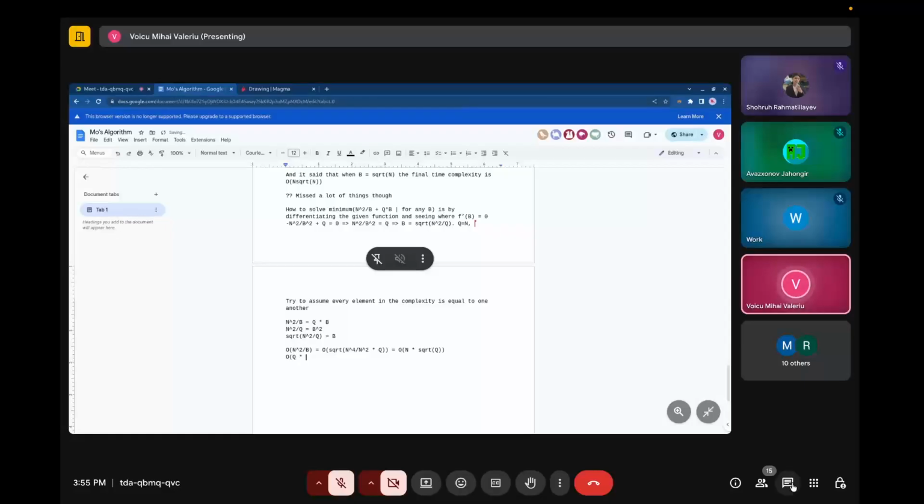And O of q times b is equal to O of square root of q squared times n squared over q. It's also O of n times square root of q. So the final time complexity